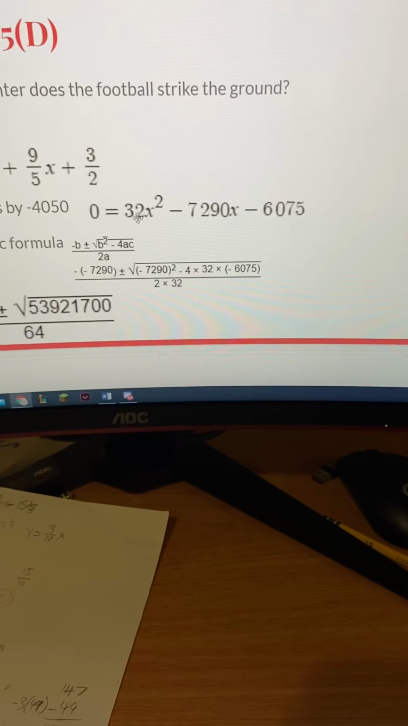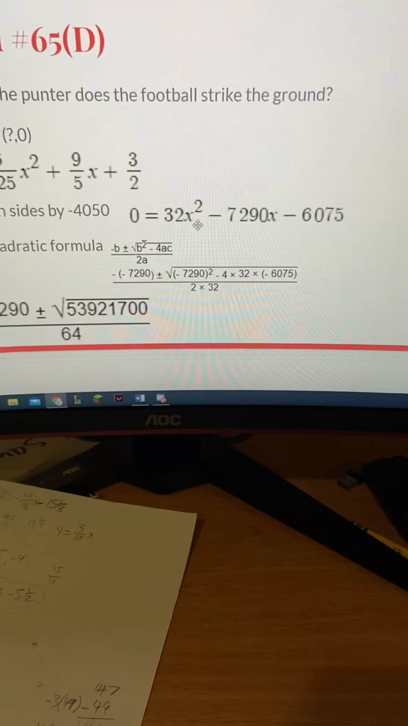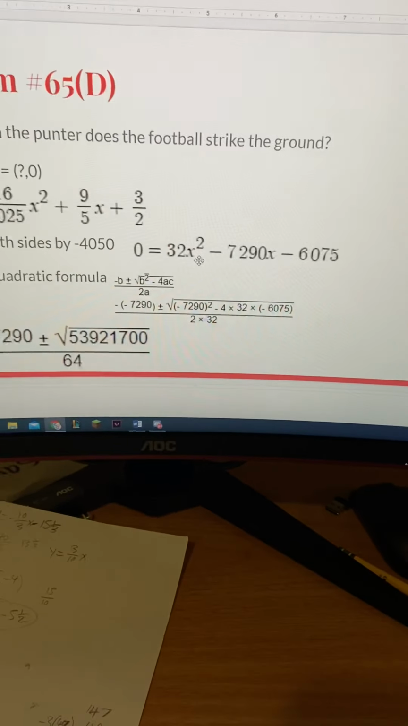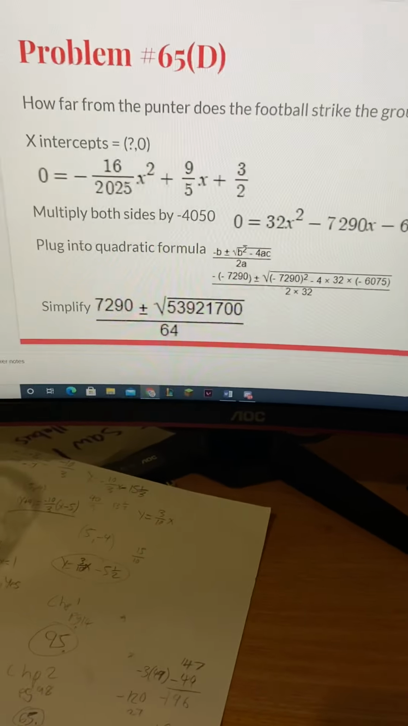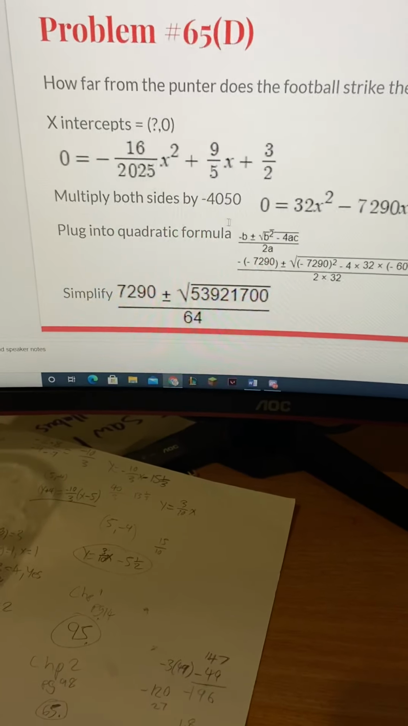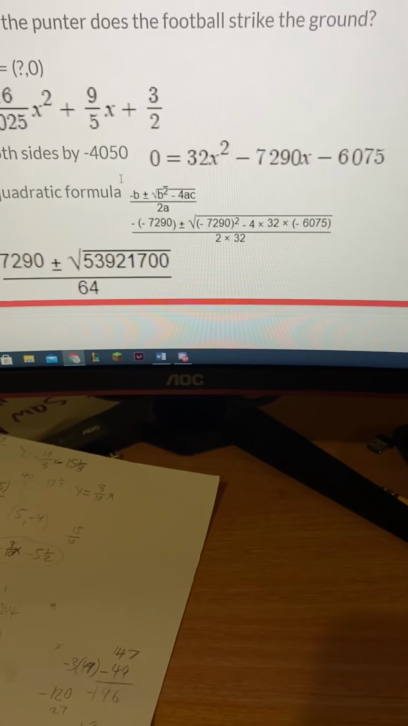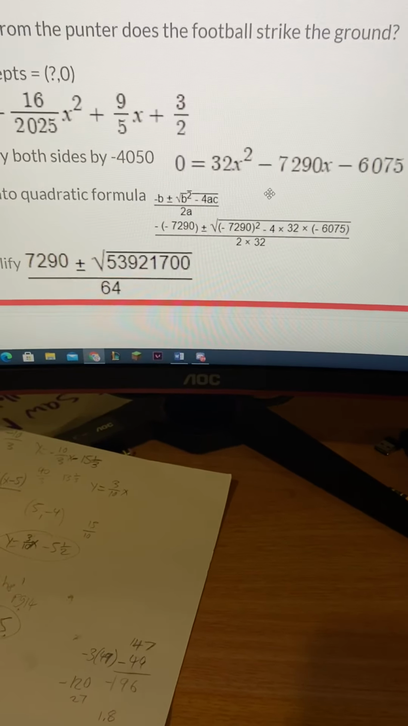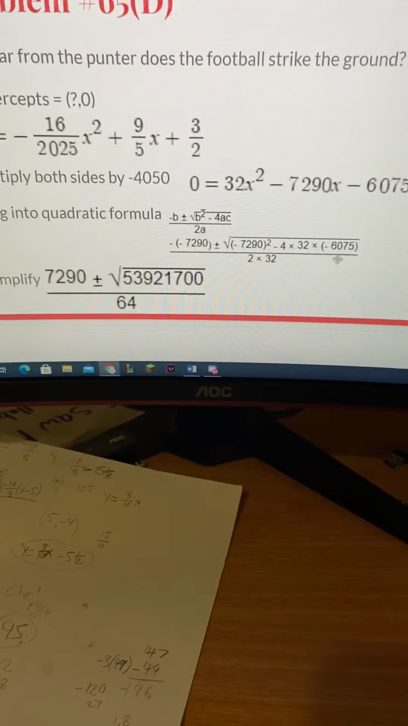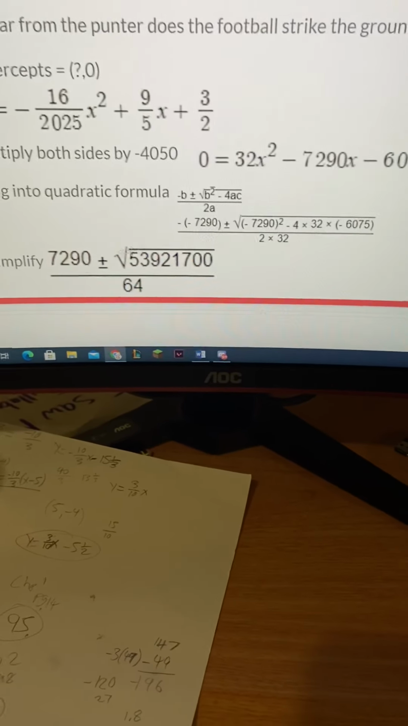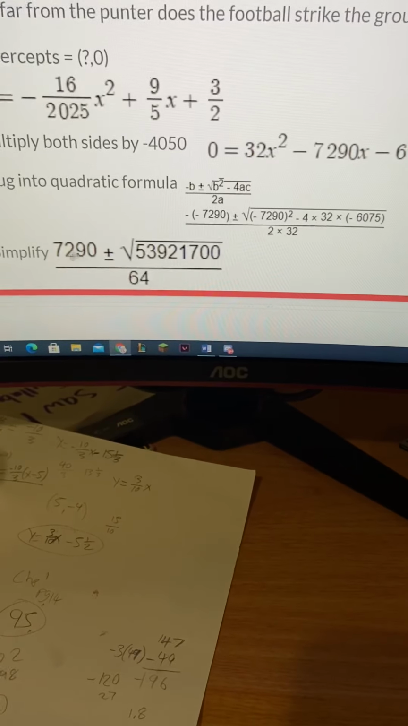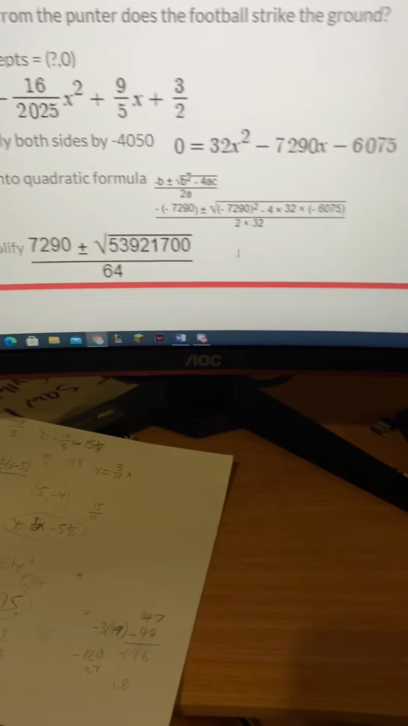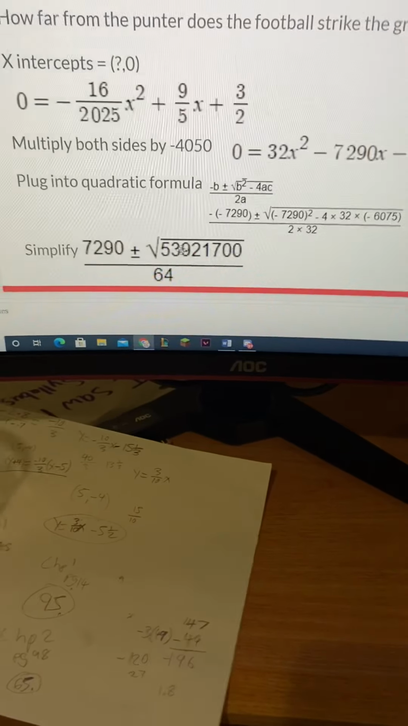The ending result was 0 equals 32x squared minus 7,290x minus 6075. After that, we need to plug it into the quadratic formula. Negative b plus or minus the square root of b squared minus 4ac over 2a, like so. After simplifying the negative, which is a positive, and the numbers here like so, 2 times 32 is 64. After simplifying all that,